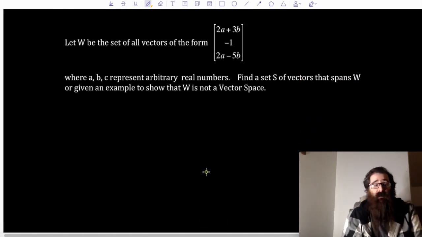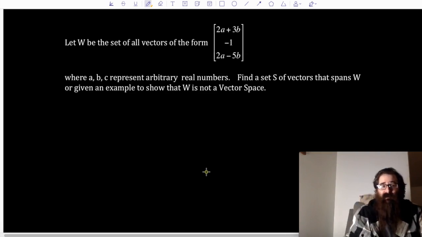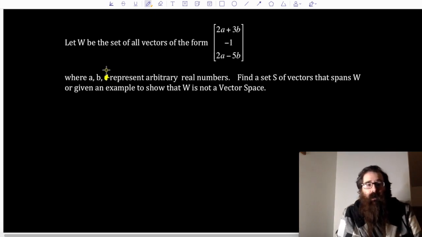We'll take a look at just a couple more. Here, let W be the set of all vectors of the form: a first entry 2a plus 3b, a second entry -1, and a third entry 2a minus 5b, where a and b represent arbitrary real numbers. Find a set S of vectors that spans W, or give an example to show that W is not a